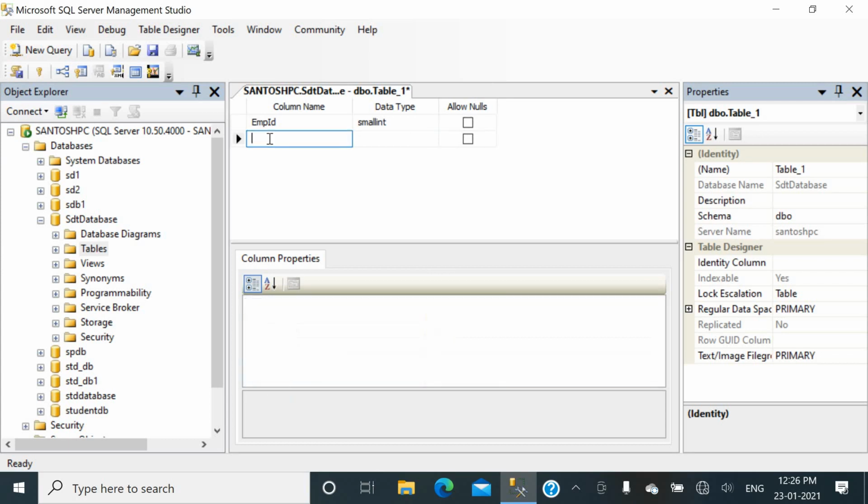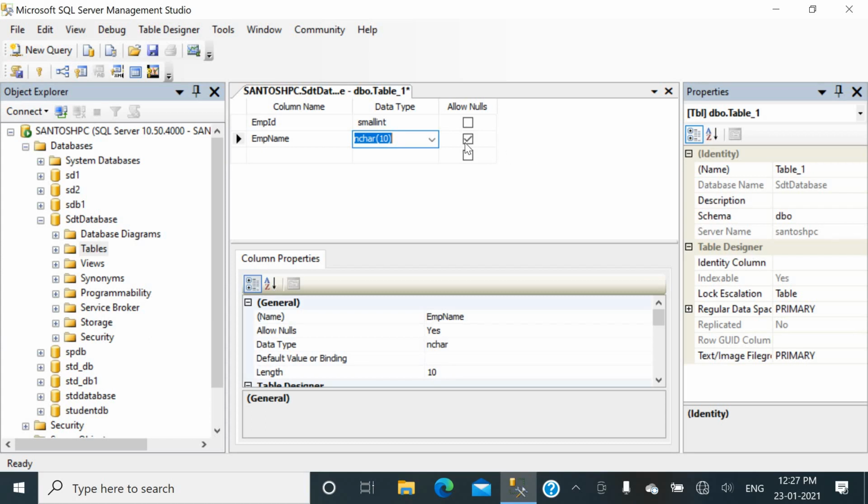Okay, now if we want to create another column name, that is emp name, and the data type of this emp name will be nvarchar(50), and here name is also not null. So here we have deselected the checkbox.